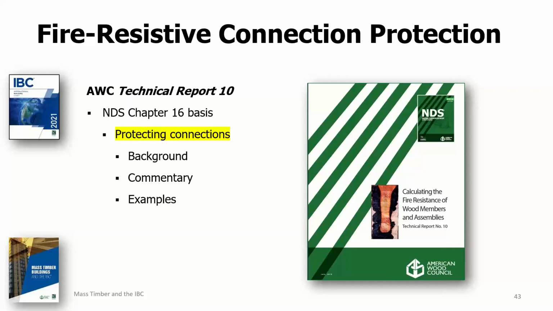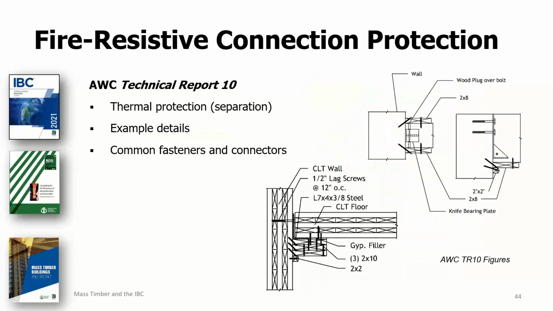And again, just like for member design, TR10 provides detailed guidance on how to design connection protection using these various materials, the materials I listed previously. Specifically, it explains how to design the protection in order to meet the code-specified design objectives associated with the engineering analysis option. And remember, that's the 250-degree average temperature rise at the interface criteria. Furthermore, TR10 contains examples and details to graphically show how to properly design the protection for some of the more common connection